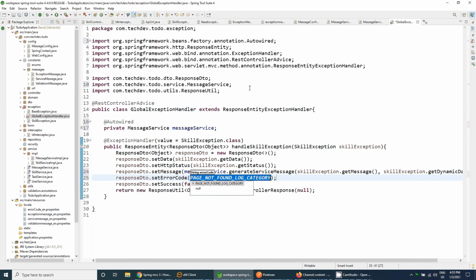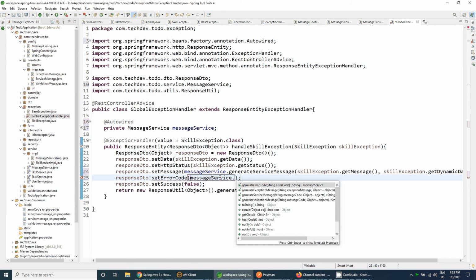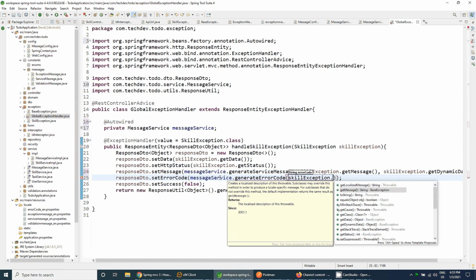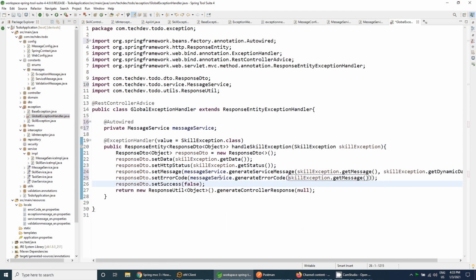For error code, we need to use the message service dot generate an error code, and for error code we will give the same exception message. So the skill exception dot get message, and it will convert it according to the i18n standard and return the result. After that, finally we need to pass the response DTO object.